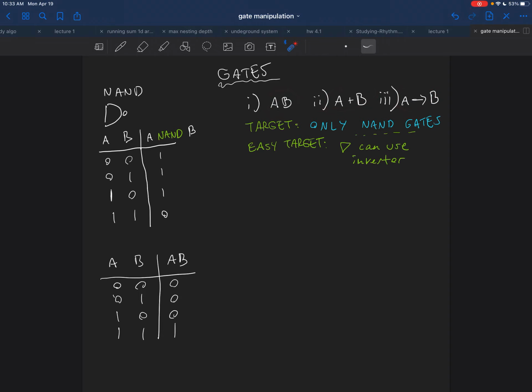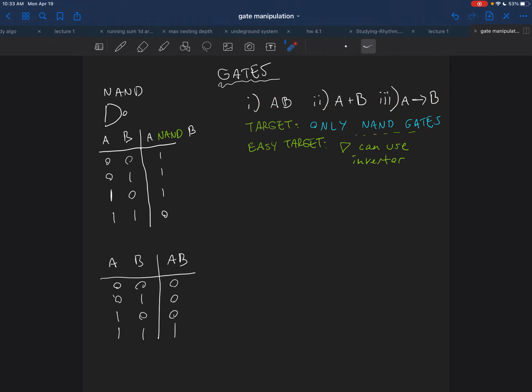I find that usually when you just try to do the problem, you get a feel for it, but basically you find yourself doing a lot of mental gymnastics or a lot of diagrams that seem to go nowhere. So I find an easy first step, once you get the idea for what tools you might need, is to look for an easier target where you add some sort of simpler tool to soften the constraint. So hypothetically, this exercise is, okay, try to write these functions using only NAND gates, which is